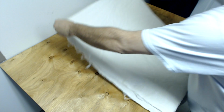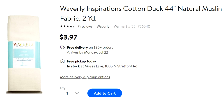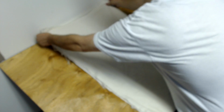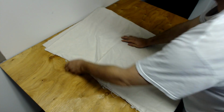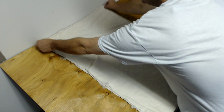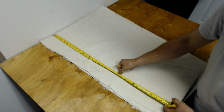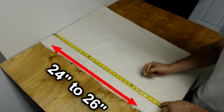The fabric that I'm going to be using today, I picked up at Walmart for around $4. This is a slightly off-white cotton blend that's going to work well for the mask. Get a section of fabric, about 4 feet or so, and fold it in half. With the measuring tape, from the top measure down approximately 24 to 26 inches